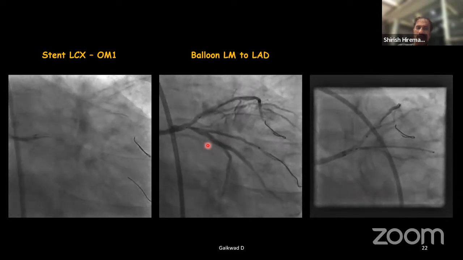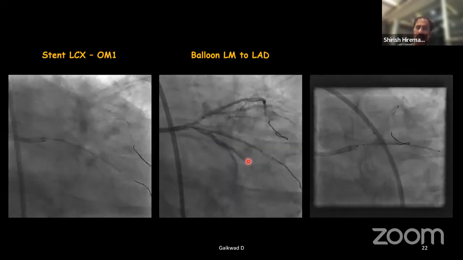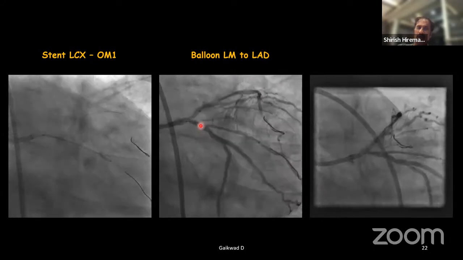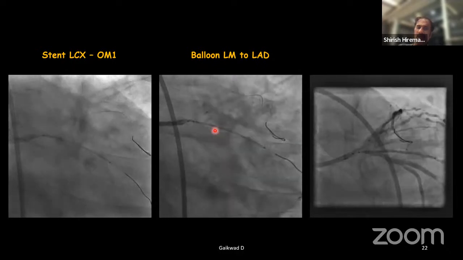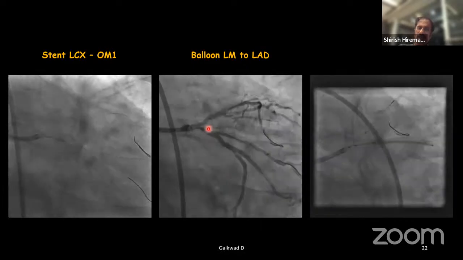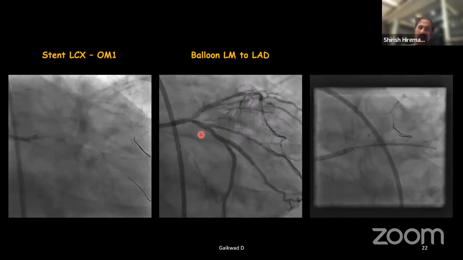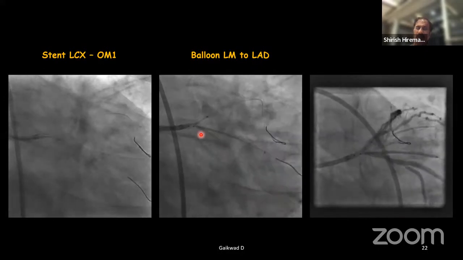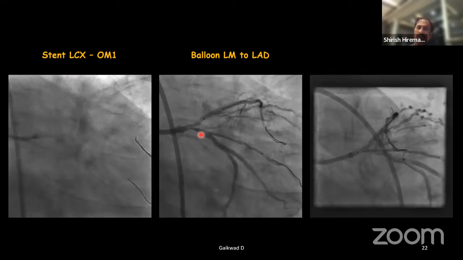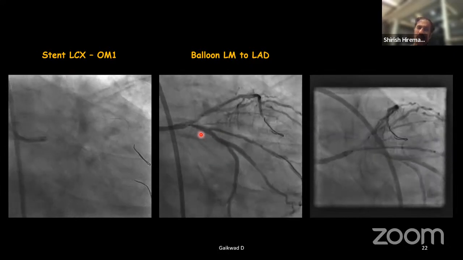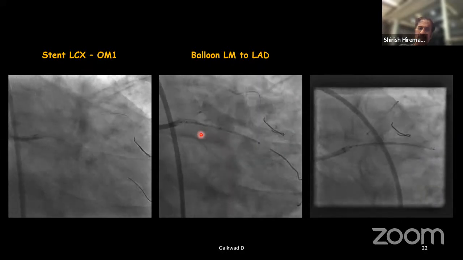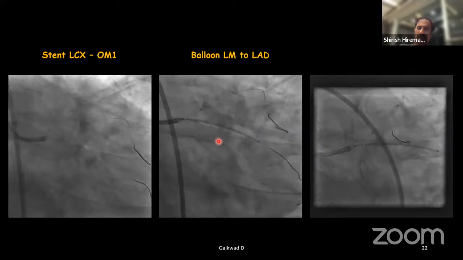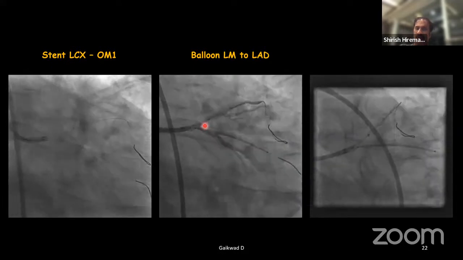So at this stage, you can see good flows in the OM2. We are ready for a mini crush between LCX and LAD. So the bed is prepared. For these kinds of ostial lesions, I think Dr. Srinivas showed a very good case where he used IVUS. No, he used DB, but I would always use a cutting balloon on these kinds of ostial circumflex lesions. So we are doing a mini crush between the LCX OM1 stent and the OM2 stent,